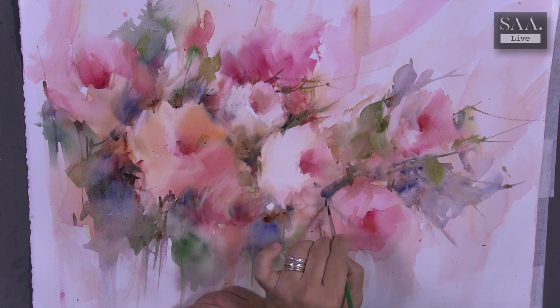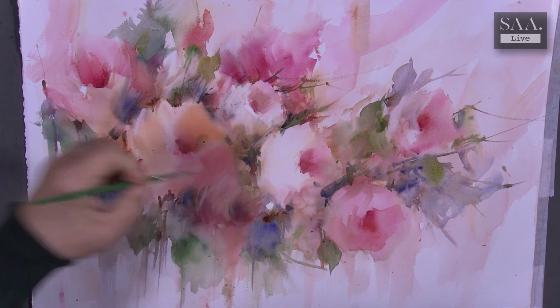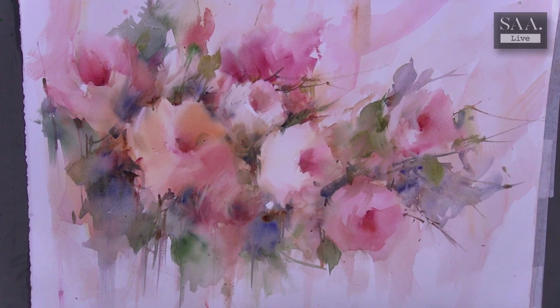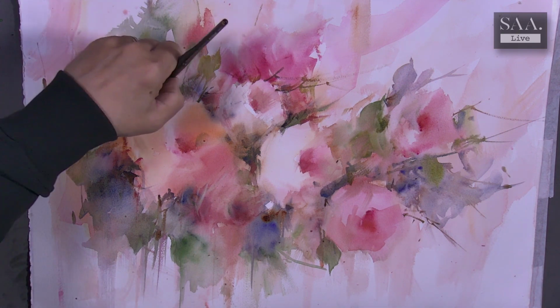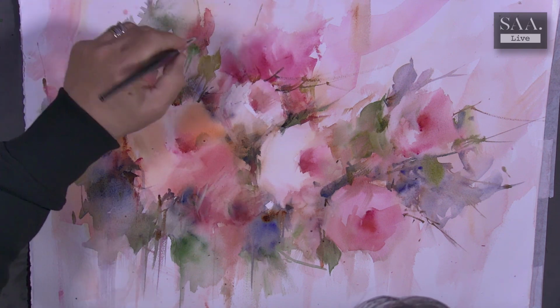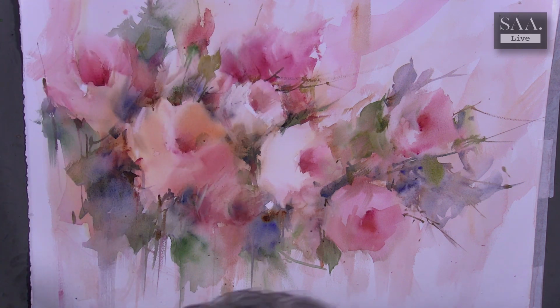So just let me add some darks again. I couldn't add darks here because it was wet, so I can come here and I can